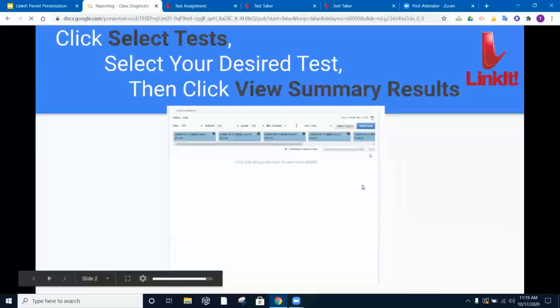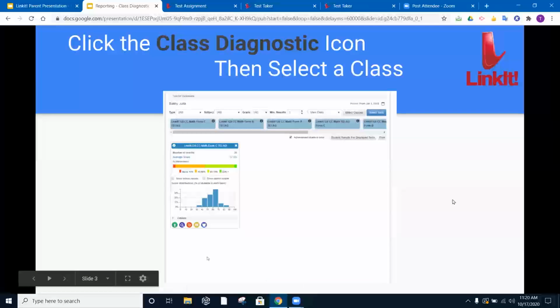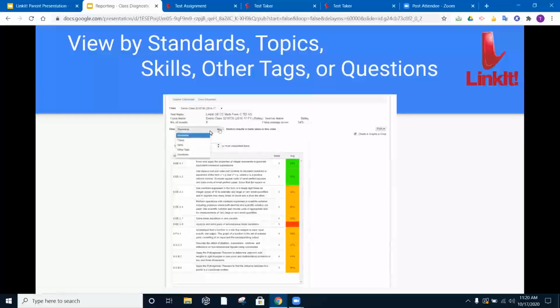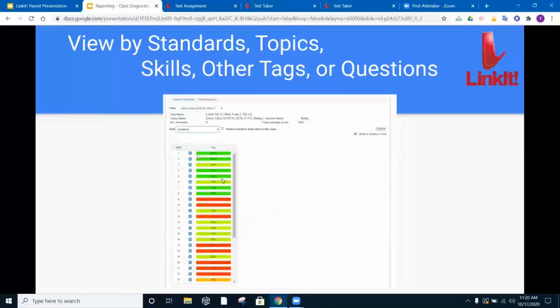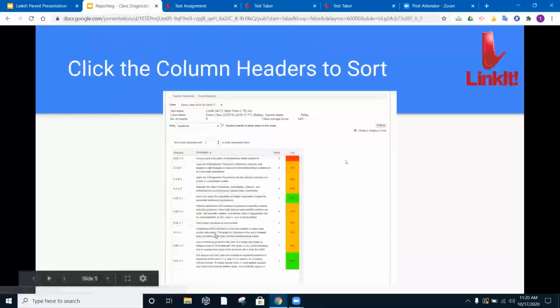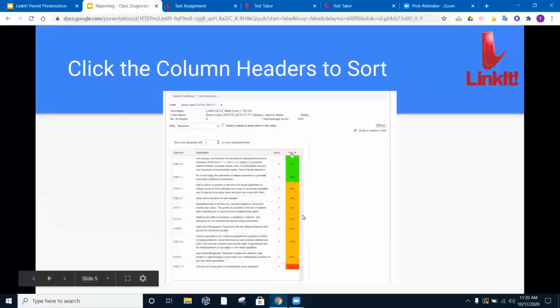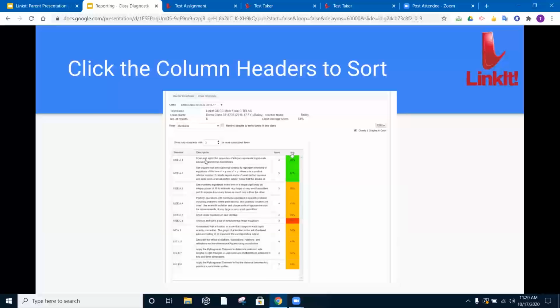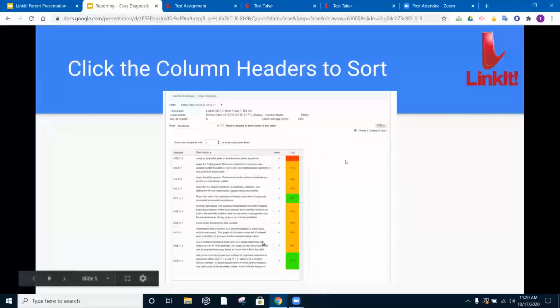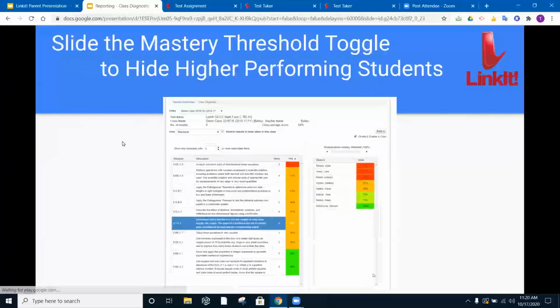Then we have a class diagnostic report. And if you're in the education field, this is where we have some fun, as we call it. So you can view it by different categories. You have standards, topics, skills, and again, you see your entire class in a snapshot. You can sort them, you can group them. It will actually group your students for you, and it gives you that information to show